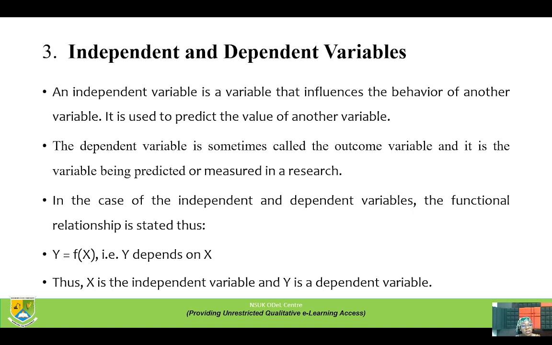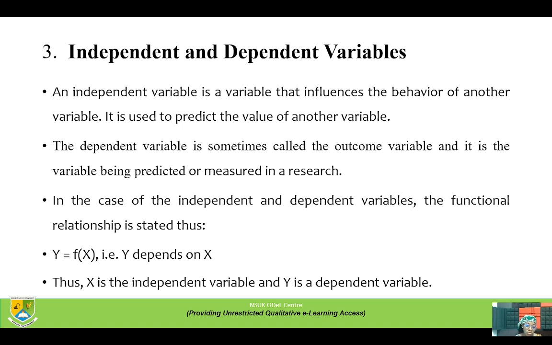So another classification of variables are independent and dependent variables. An independent variable is a variable that influences the behavior of another variable. It is used to predict the value of another variable. The dependent variable is sometimes called the outcome variable,